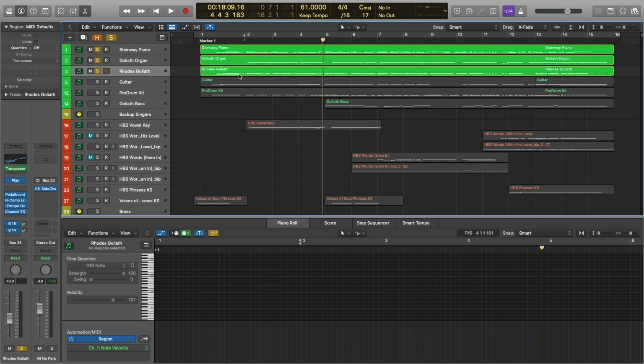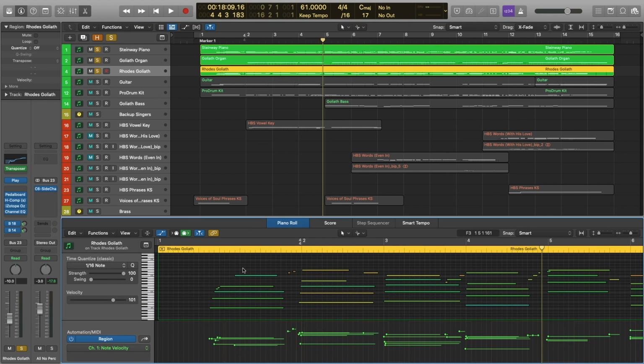And I also decided to add a Rhodes piano here. If I'm being completely honest with you, I'm not really sure how to use it in this particular context. I knew that the piece needed to be a piano-driven piece, but I also just wanted that Rhodes sound as another layer because the mix wasn't sounding quite full enough for me. And so rather than turning to EQ or some other effects, I just decided to add the Rhodes as another layer. So it's mostly doubling the piano, but occasionally it does its own thing. Let's go ahead and give it a listen.